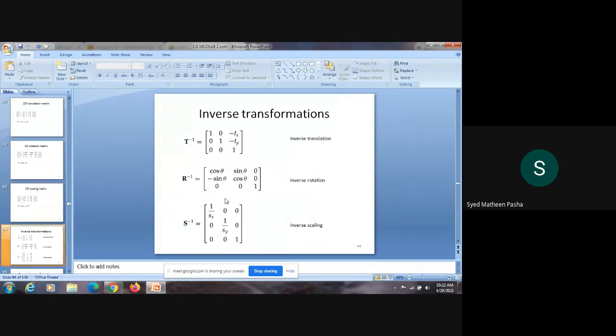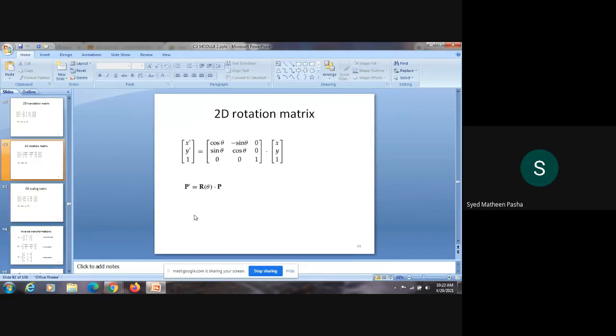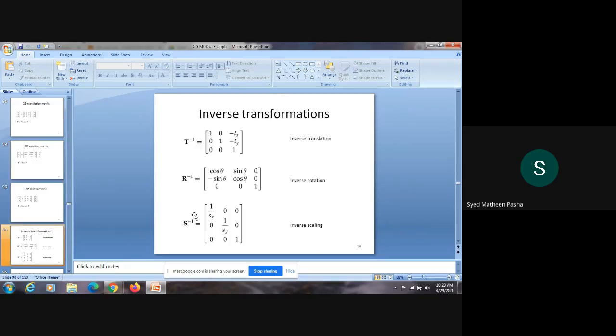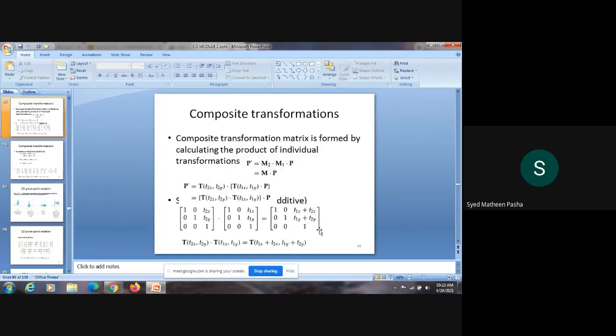Then we saw the transformations with respect to all three geometric transformations: translation, rotation, and scaling. As in the previous form, you had representations with respect to rotation, translation, as well as scaling. You are just taking the inverse of those equations in matrix form. Once you take the inverse of the translation matrix, you get inverse translation; with respect to rotation, you get inverse rotation, as well as inverse scaling. That is nothing but inverse transformation.